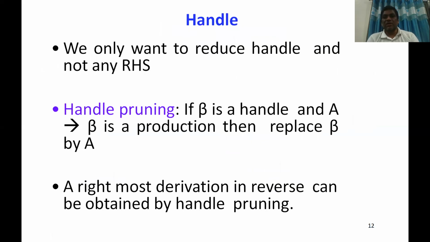So you need to understand that handle, because we are going to replace that handle only. In bottom-up parsing, we always try to see a handle and then we try to replace it with the LHS symbol. The handle should always match one of the RHS of the productions. Repeatedly substituting the handle with the corresponding LHS variable, we go back to the start variable of the grammar. Replacing the handle with the LHS variable is called handle pruning.